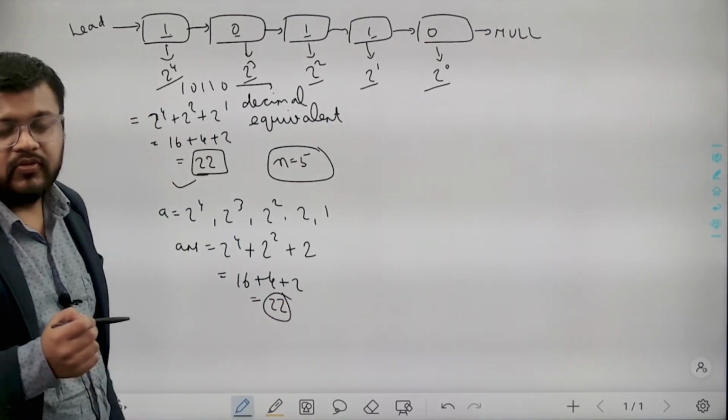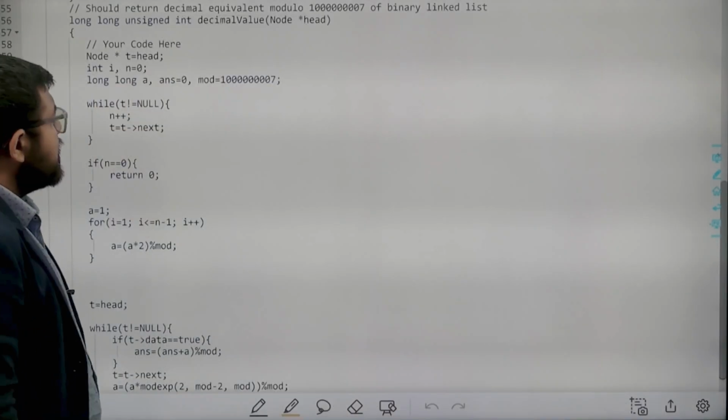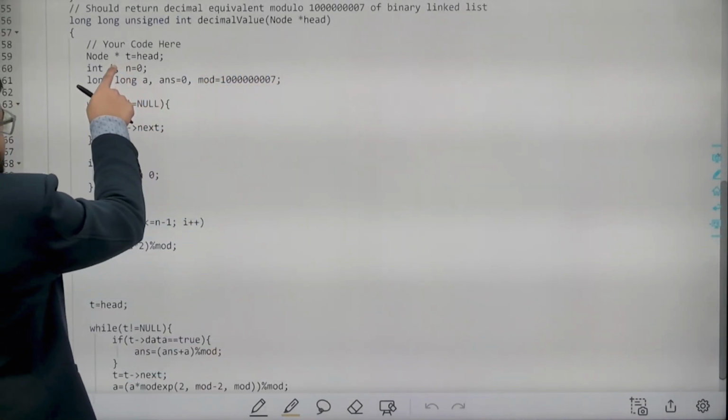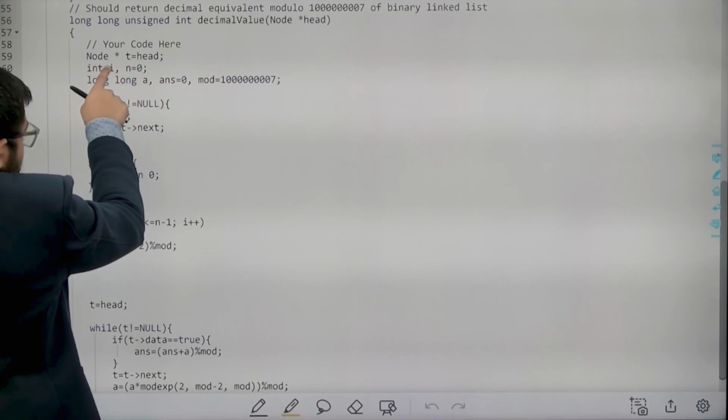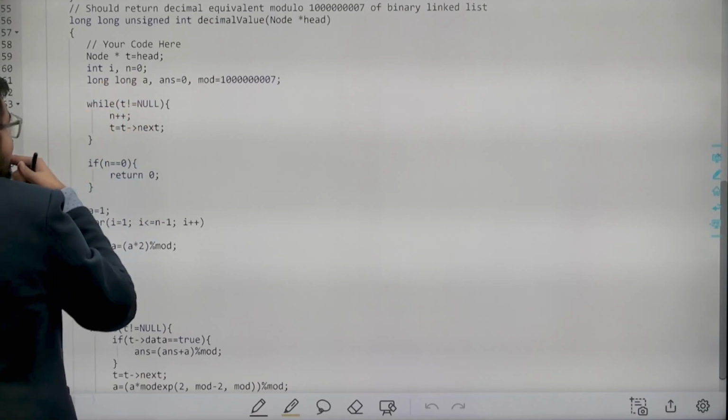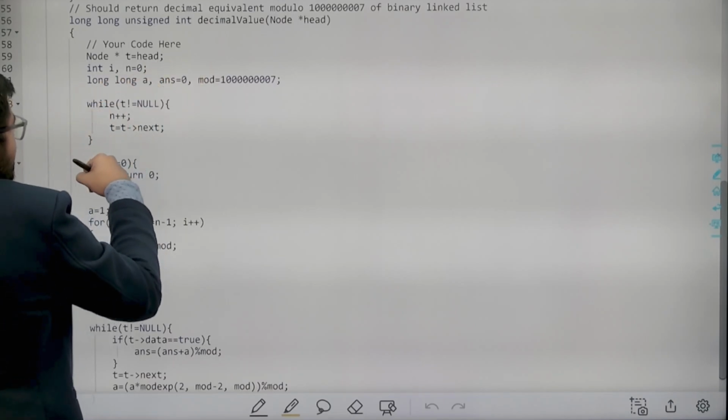Okay. Now let's look at its actual implementation. So if we look at the actual implementation, I have been given the head of the singly linked list. So first of all, I took a temporary node. I took a t, which is a pointer to a node type, and stored head in it. And I have taken variable i and n as 0. N will be the number of nodes in the linked list. Then I have